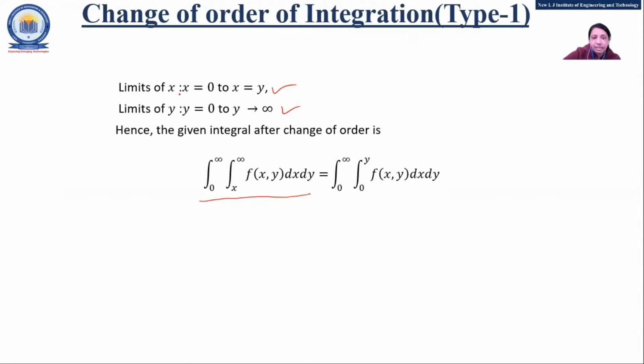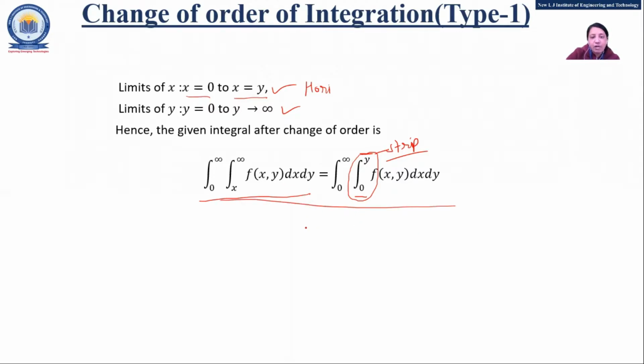So you can see here, the limits are in terms of x equal to 0 to x equal to y. Always remember, whatever the inner limits are, that is for the strip. If the inner limit is for x, it is always a horizontal strip. And if the inner limits are in terms of y, always go for a vertical strip. That is the hint, and in that way you can remember easily. Fine. So after changing the order of integration, this is the final one.